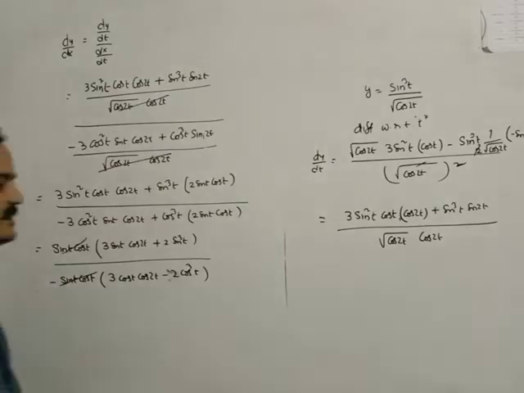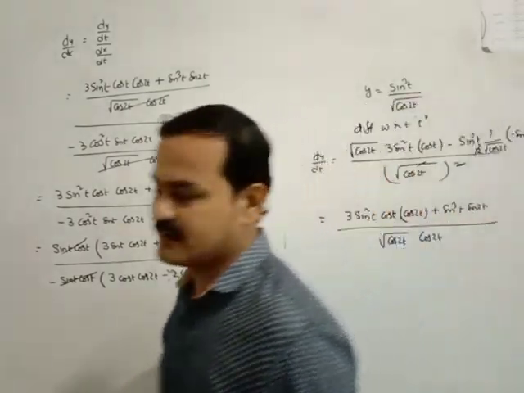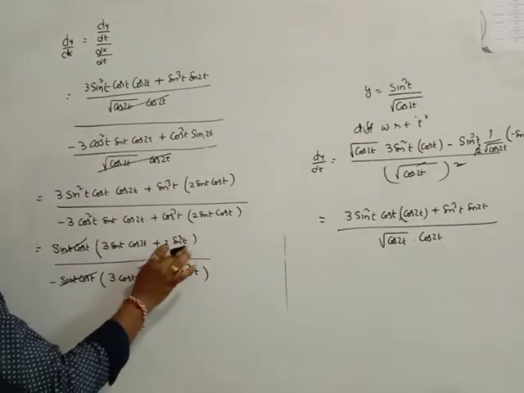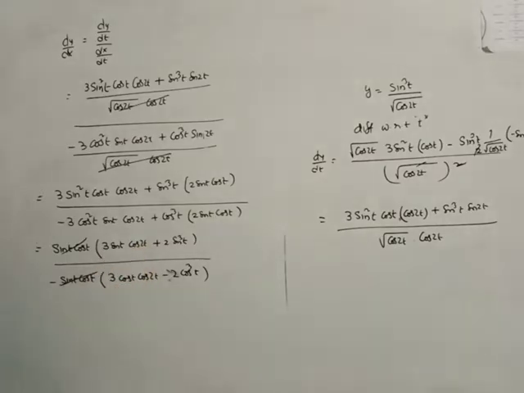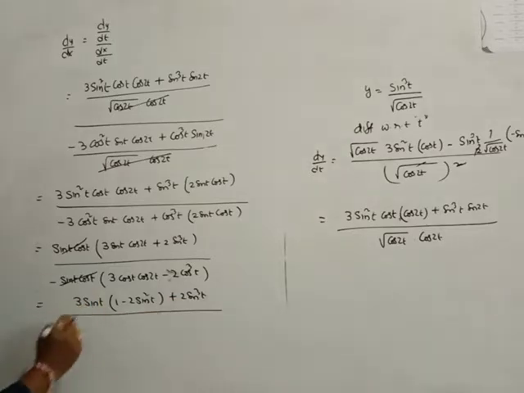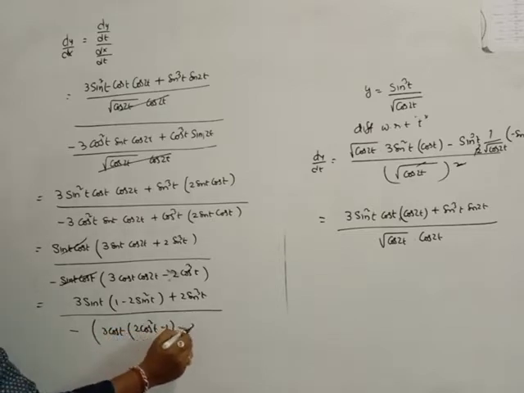Okay, what is the step I did? First of all I converted sin 2t to the short formula. Next, in the numerator you can see everything in terms of sin, but in the denominator it is in cos. So it can be converted into the sin formula, and this is converted into the cos formula. Then what you finally get is 3 sin t into 1 minus 2 sin square t, because cos 2 theta is equal to 1 minus 2 sin square theta, plus 2 sin cube t, whole divided by minus of 3 cos t into 2 cos square t minus 1, minus 2 cos cube t.